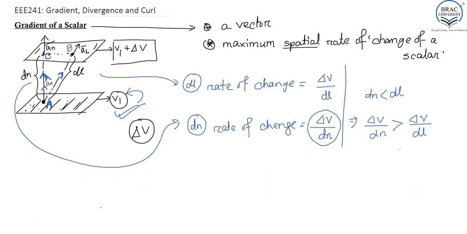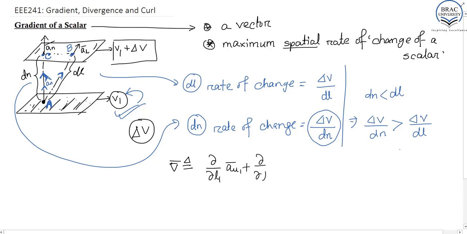So nabla is a vector operator, which is defined as d/dl1 au1, d/dl2 au2, and d/dl3 au3. Okay,